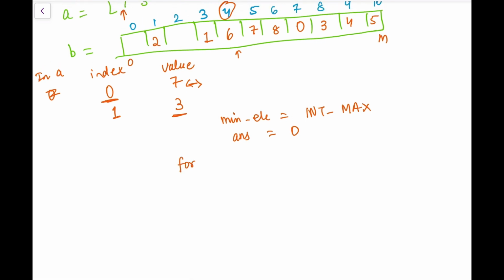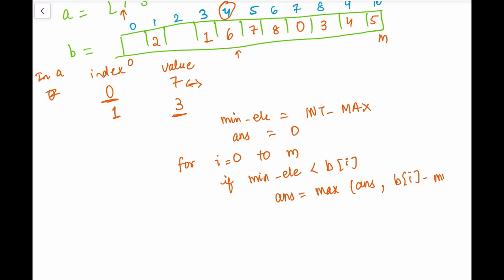Now what I can do is, for i equal to 0 to m, if the minimum element is less than b of i, what I need to do is answer equals maximum of answer comma b of i minus minimum element. And at every iteration, I'll have to update my minimum element with minimum of minimum element comma b of i.